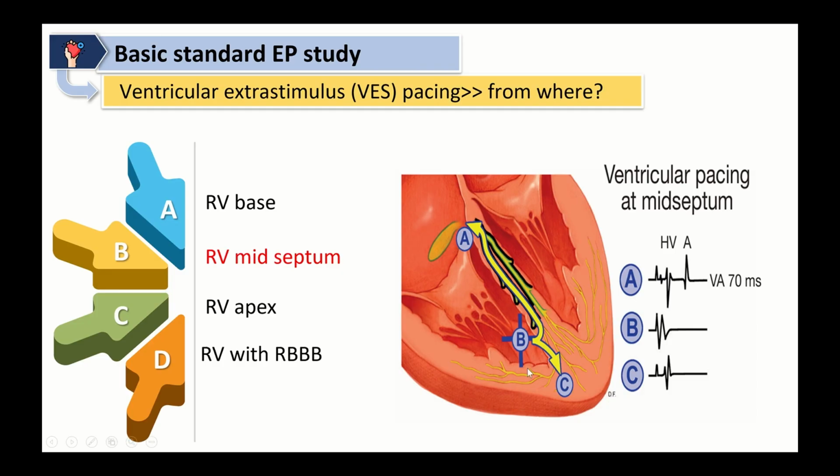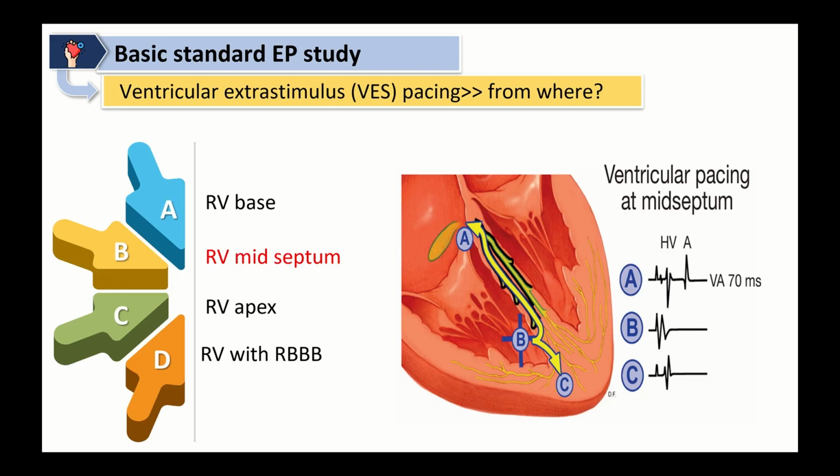Because the impulse, once it goes from the RV catheter, goes directly to the right bundle, then retrograde up the right bundle and His-Purkinje system, and reaches the His, AV node and the atrium directly before the ventricular activation. That's why the H comes ahead of V, and the VA time is very short